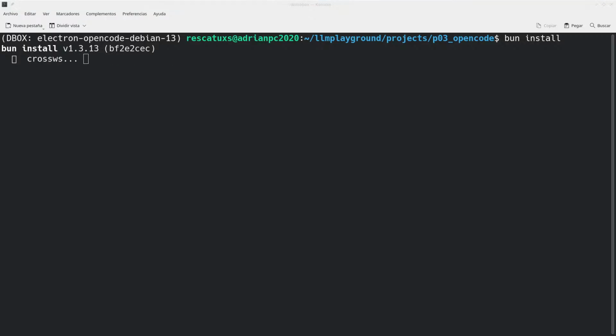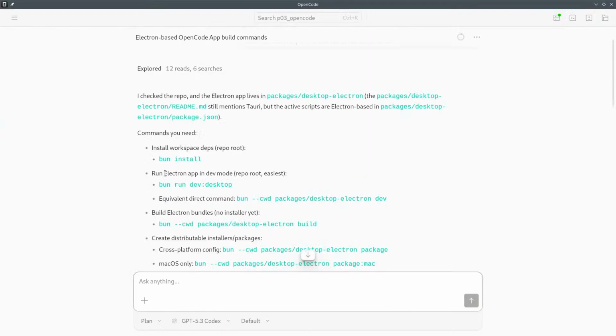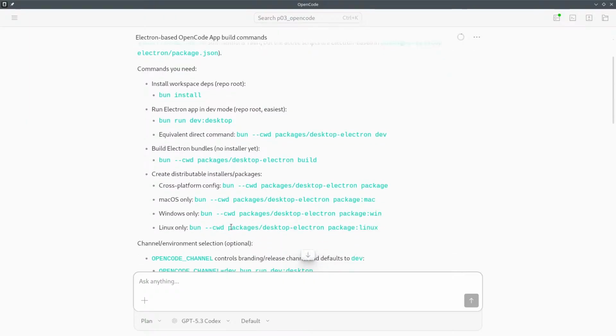The thing is, why would I want to run the Electron app in dev mode? Equivalent direct command, this and that. Build Electron bundles. This is the one that I want to be doing here. Repo root easiest. We're not going to be running this thing, so